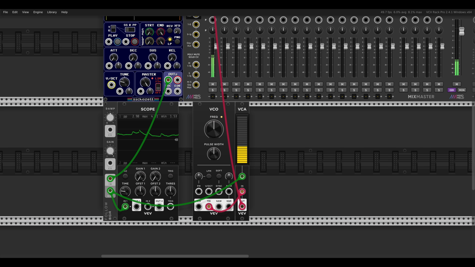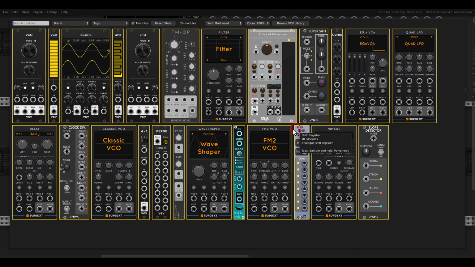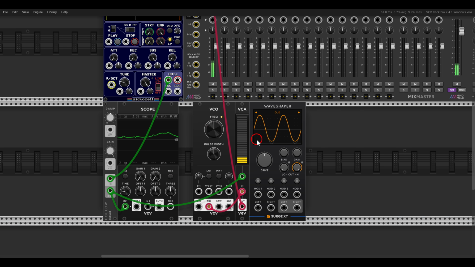Right, and now instead of the VCA, another thing we can do is use a wave folder, for example. So have the waves control the timbre of this voice together with the amplitude. So I will use the wave shaper from Surge. Right, I will send this to a wave folder, let's say a soft single fold. And again, in this case, with this folder, I can get rid of the VCA because it will not let any signal through when it's closed. And we also have here